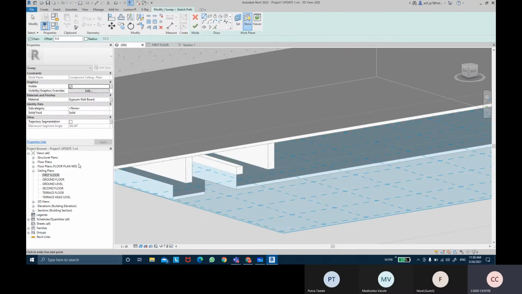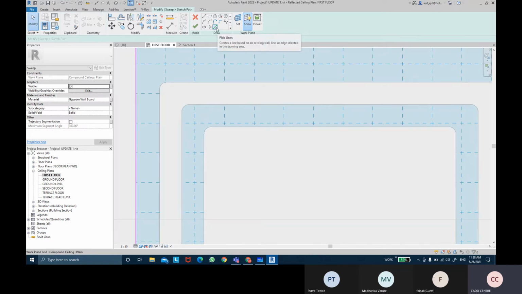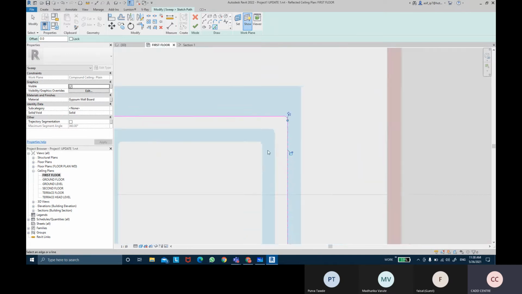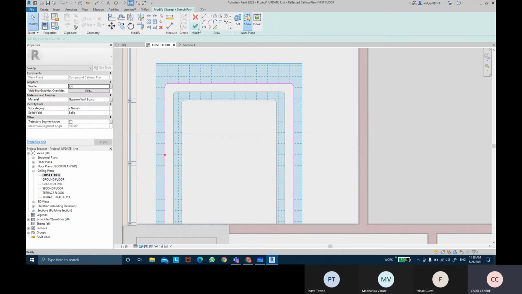This time gonna pick lines. Pick this line, this outer arc line, that line, this line, and that line specifically. Finish mode,